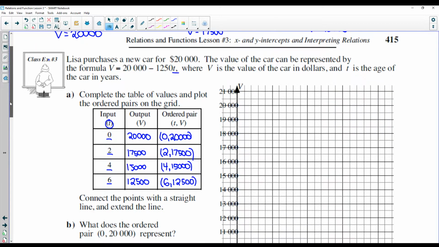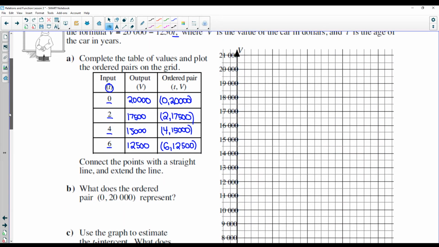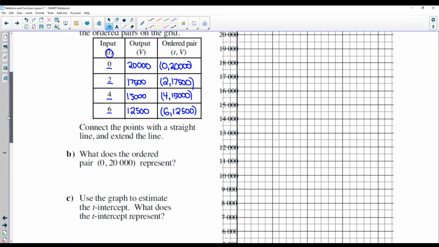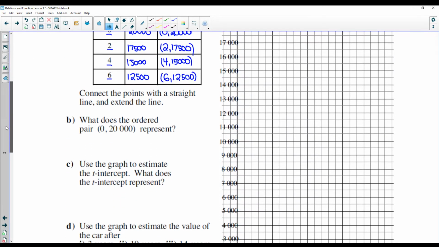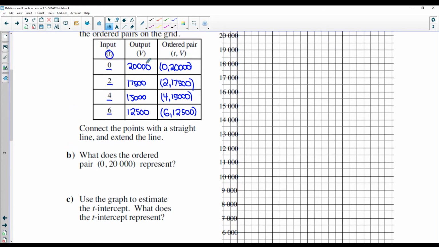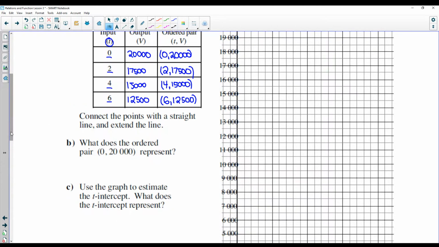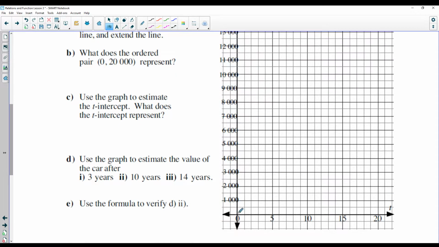Okay. Now it wants me to plot these points on the graph. So the y-axis is v, which is the value of the car, and then the x-axis is going to be t, the time. Okay, so let's plot the first point. So the first point would be 0, 20,000. So starting at the x-axis at 0, I just go straight up to 20,000,